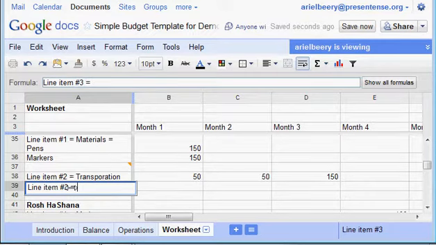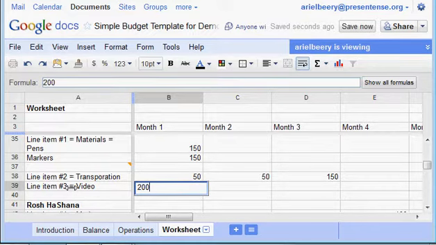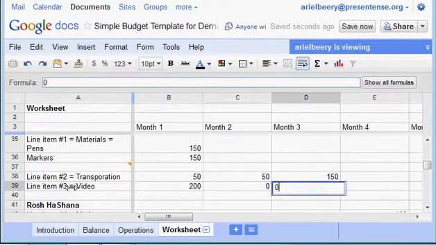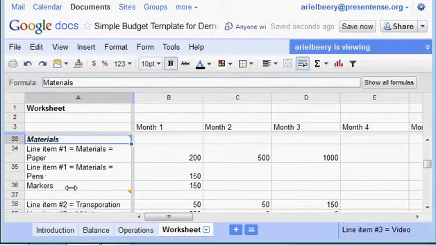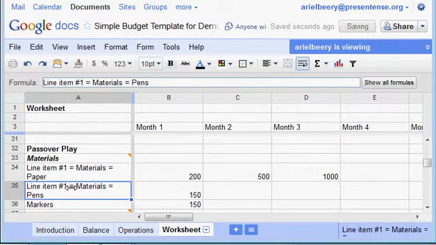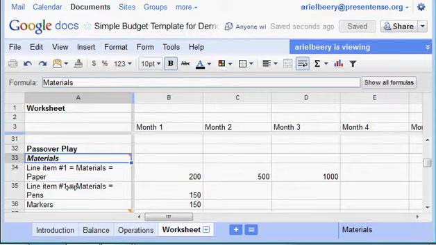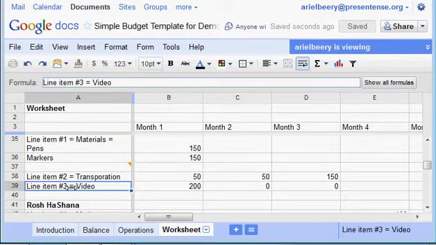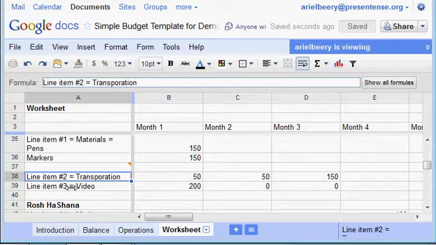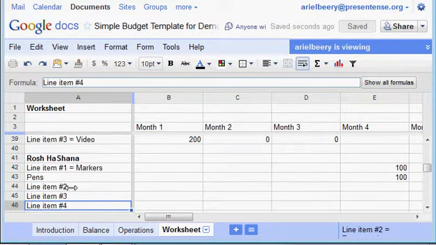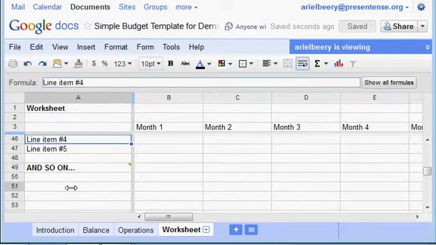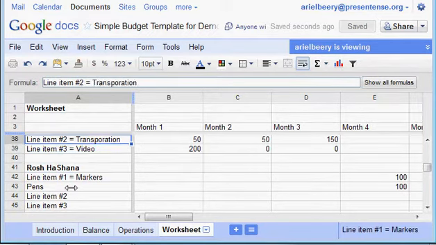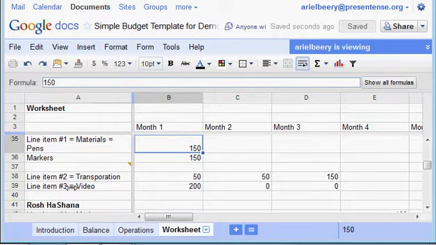Line item 3, I'm going to need a computer in order to, or you know what, I'm going to need a video camera in order to film these little critters. So I'll have $200 in the beginning, and then 0 and 0, right? So these are my different line items for the first work breakdown structure number, and of course the second. I determine that a line item equals something, then I have to carry that through all the way to the end, no matter how many of these work plan elements I'm putting in,